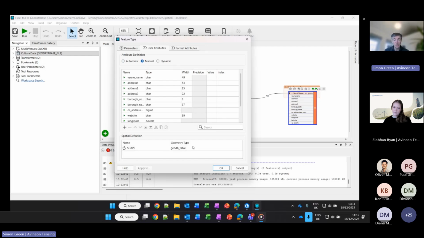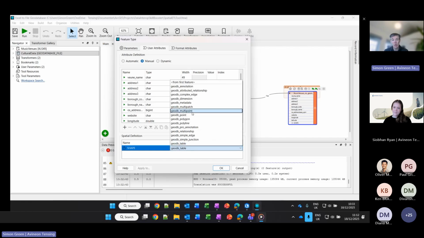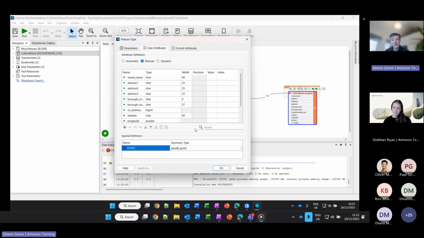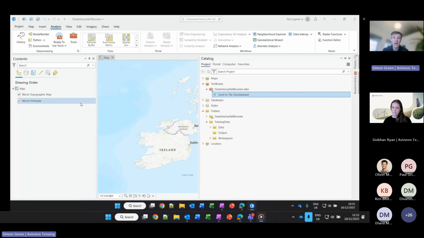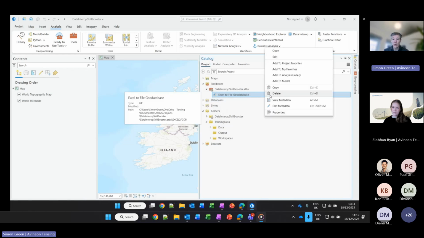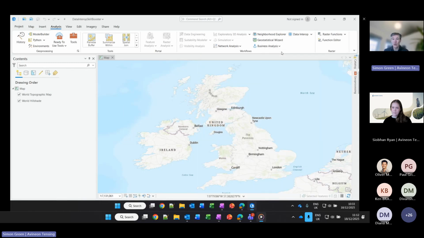So I'm going to set the geometry type to GeoDB point. So when that feature class is created, I will have a point data set. I'm keeping this nice and simple just to give you guys a bit of an insight into this. So I'm going to save that workspace, come out of the Data Interop tool and return to ArcGIS Pro, save my project,